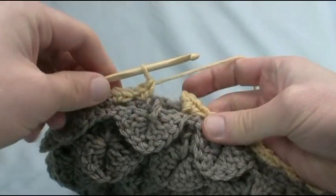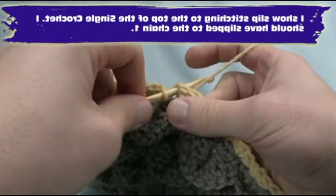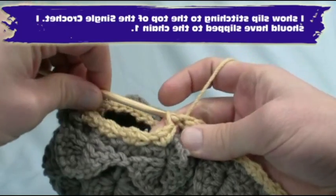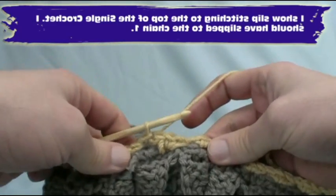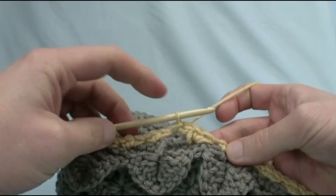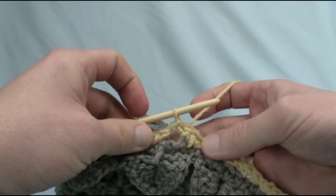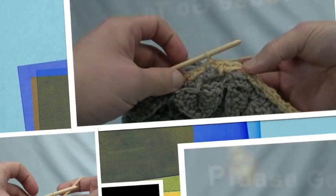So I've come all the way back around, and now it's time for me to slip stitch where I started. And this is what will make the difference of looking like the granny square idea like I just showed you before, or you want it to follow this exact pattern. If you want the granny square, all you have to do is just chain up 1 and just put 3 single crochets into this gap, and then you stretch over, and then you get into the gap on the